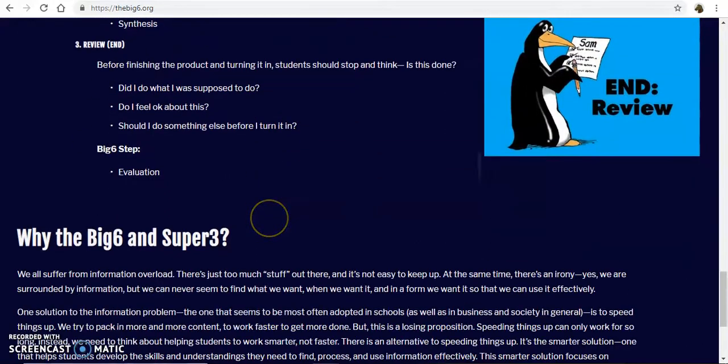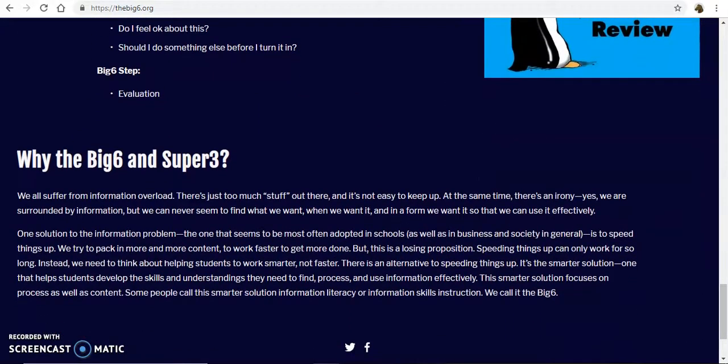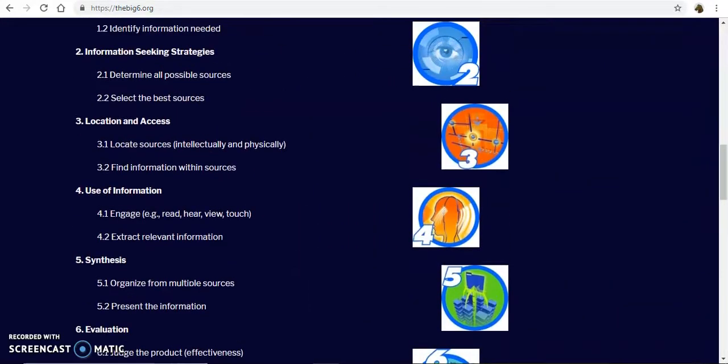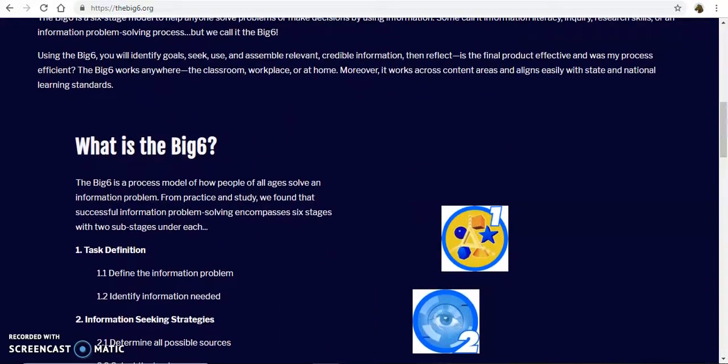Okay, so why use Big 6 and Super 3? Basically, there's a lot of stuff out there, and it says it's not easy to keep up. But this is a solution to a problem that most students don't like. They don't like to do research projects, but I think through this tool, it really helps you break down what you need to do, and it's much simpler to follow. I really like it